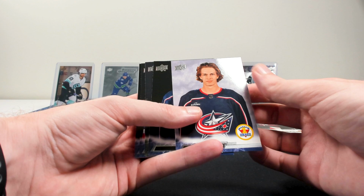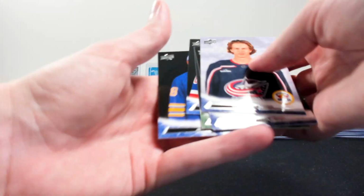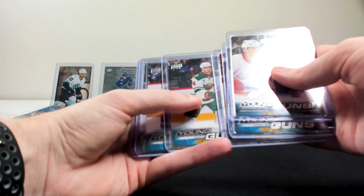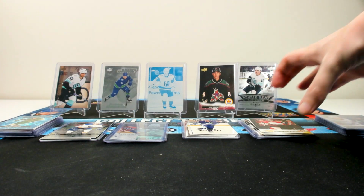We got 5 of the first round draft picks, so we got Johnson, Yurchek, Boldy, Schneider, and Jack Quinn. We got 7 Young Guns. You got the Checklist, the Blumel, the Tucker, the Walker, the Burke, and then 2 nice ones with Atu Ratu and Juuso Parssinen. They're kind of 2 of the better ones, I'd say, both in like the top 5 of